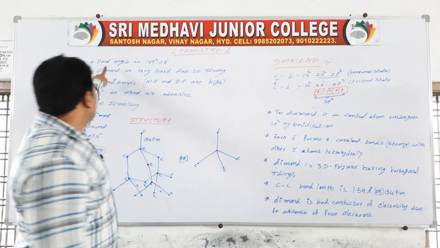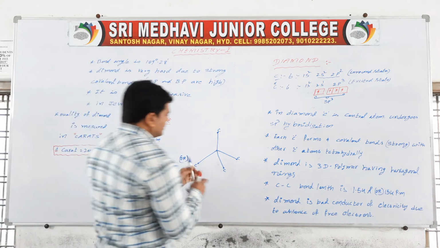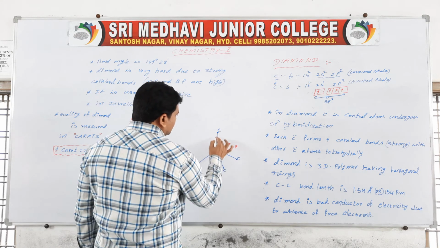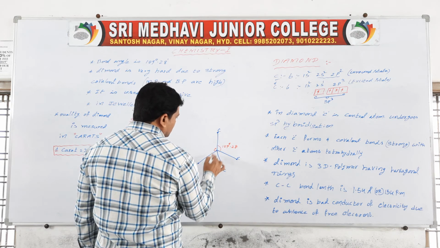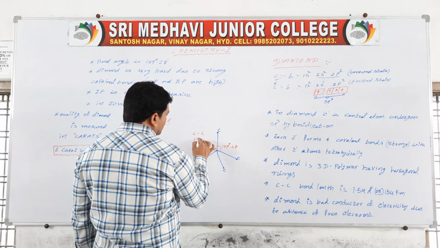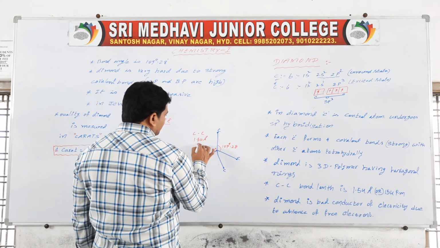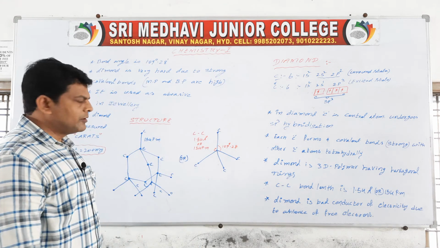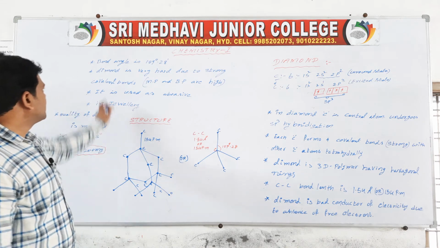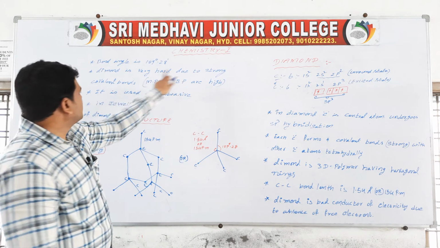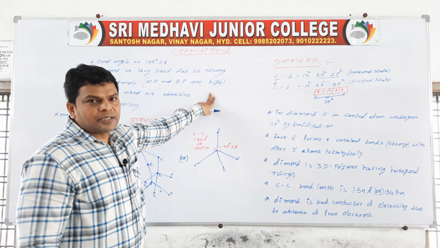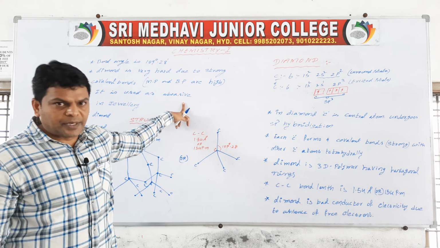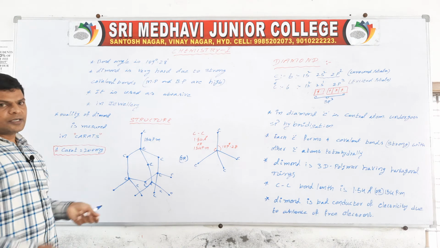Okay. So here the bond angle is, see here, 109 degrees 28 minutes. And this is the bond length. The carbon-carbon bond length is 1.54 angstrom units or 154 picometers. This bond length will be the same throughout diamond. So diamond is very hard due to strong covalent bonds. Melting points and boiling points are very high. So it is used as an abrasive. Abrasive means it is for sharpening. Next, it is used in jewelry also.